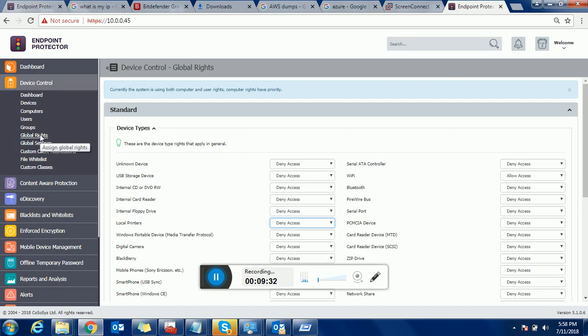Now after some time, as per the management, you want to allow access to USB storage to C for some days. So you can come to the user